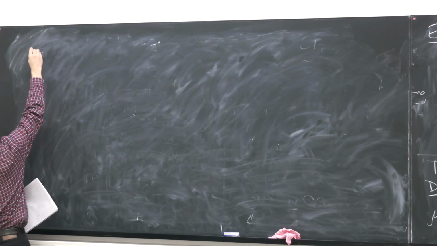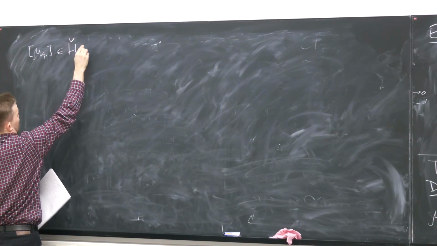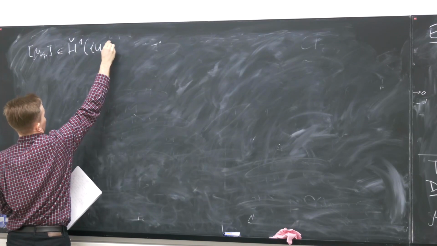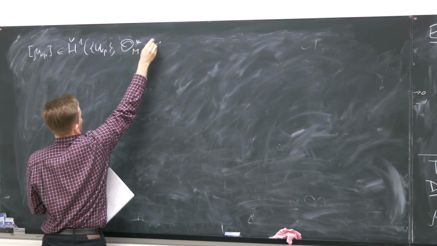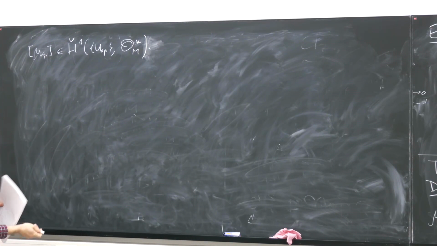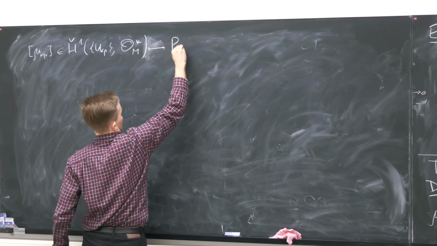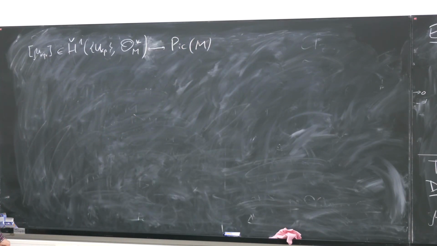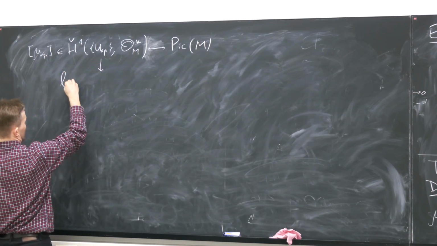So this mu_alpha_beta is a cocycle and its class lies in the first Čech cohomology of this covering U_alpha with values in the sheaf O_M star, and then from here I go to the Picard group. Any such class, any such cocycle gives me a line bundle, and then I can also pass to the limit over all coverings